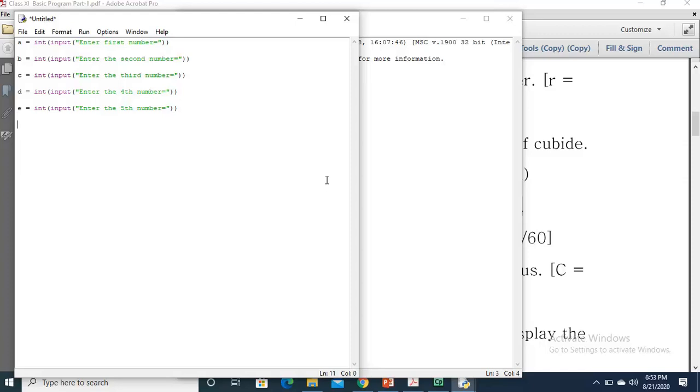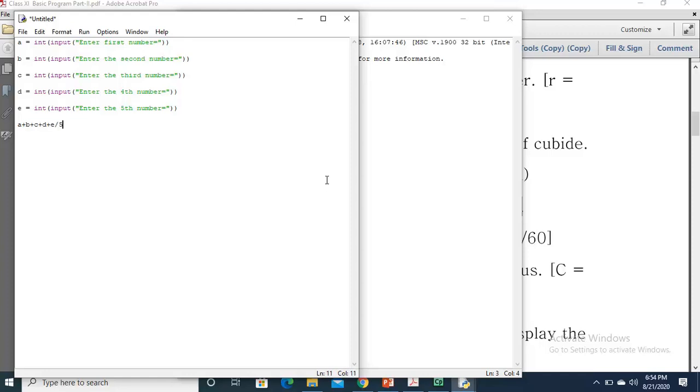Now what operation we have to perform, means what process the program will do. The program will add these 5 variables like this: a plus b plus c plus d plus e, and then it is divided by 5.